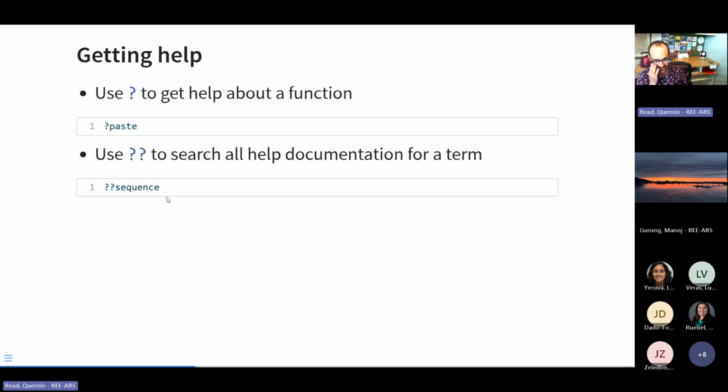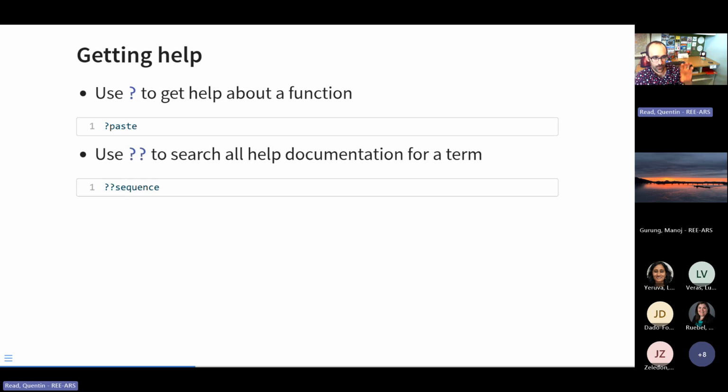I never use this because, obviously, we have Google, we have the Stack Exchange forums. God forbid, we have AI large language models, which I would only use with great caution, but they are good for simple coding things. They're kind of perfect for that. So I rarely use this search function, but getting the help documentation for a function is very useful because it